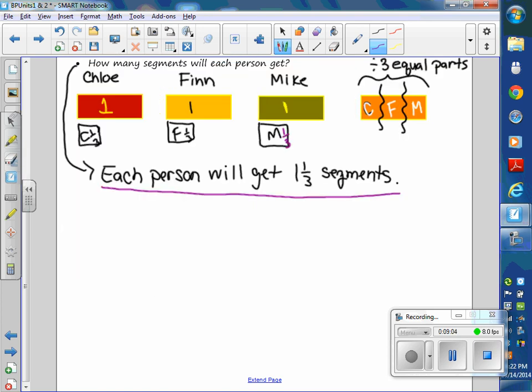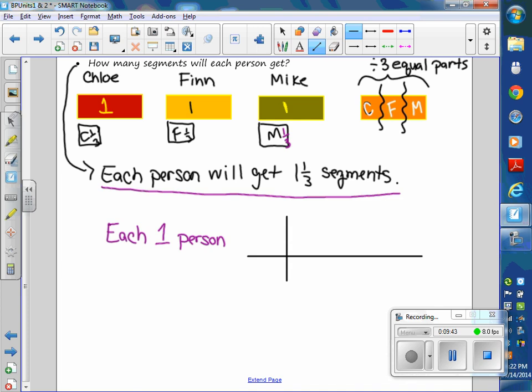So that's a unit rate, but it's a harder unit rate to see because you're saying each. When you say the word each, you mean each one person. We don't really write things like that in English, but because we're comparing segments to people, when there's 1 person, it's a unit rate. So another way to make that a little bit more clear,